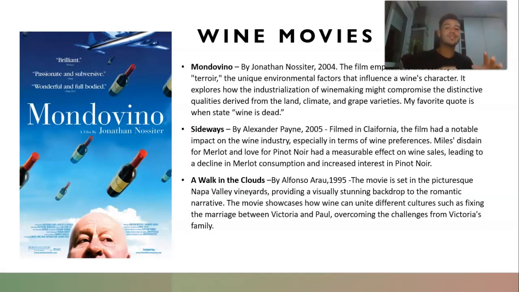The film emphasizes the concept of terroir. It talks about classic wine production from the 1800s and how it was great, and now the wine. One of my favorite quotes is when they state the wine is dead, mainly because of the commercial issues and the new ways of producing it. It's changing the traditions from early ages and changing the whole experience. So that was my favorite quote. It's very, very nice. It talks about the land and how it dictates the wine experience.